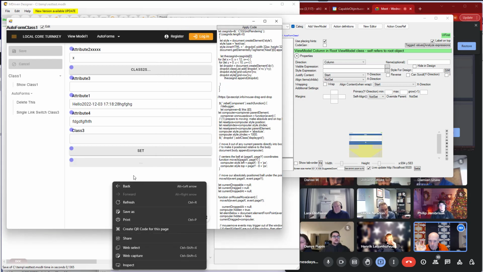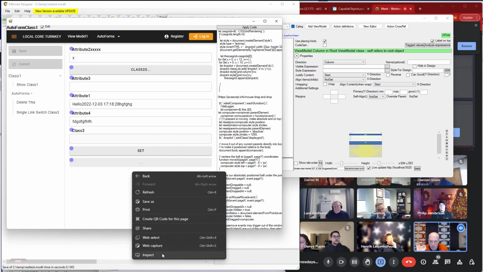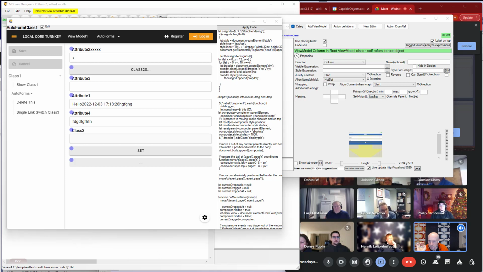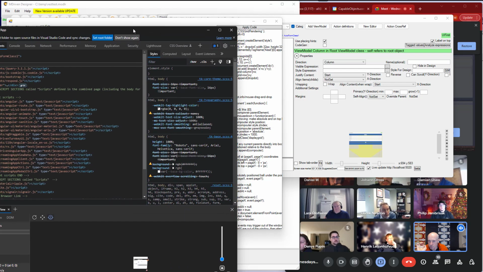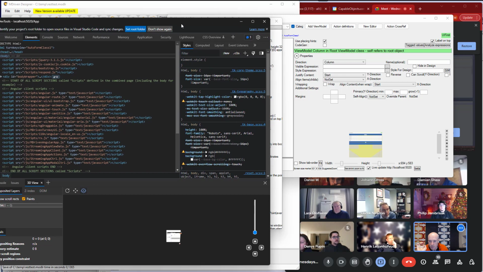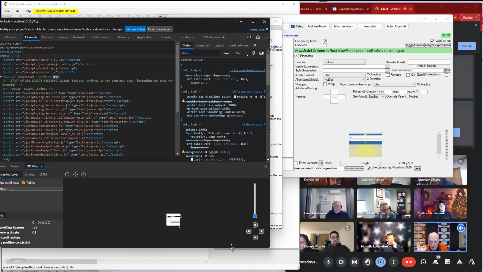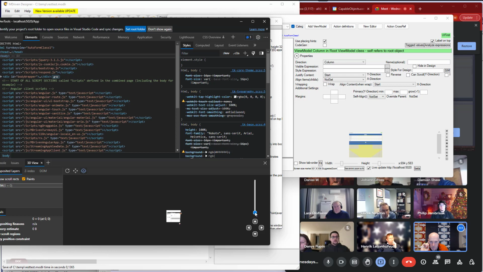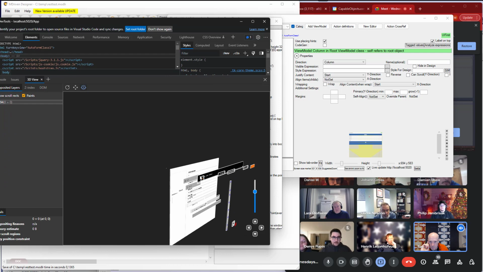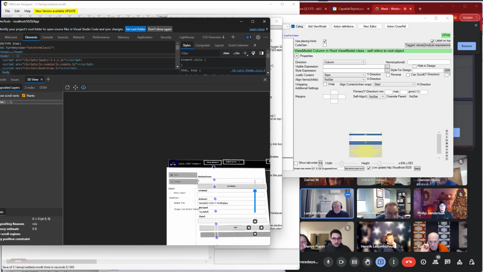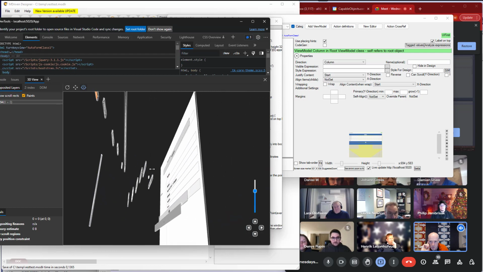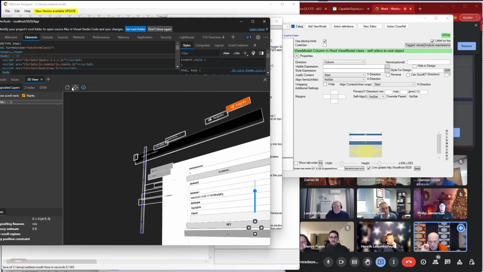But I hadn't seen this before. Maybe this is old news to you, but at least in the Microsoft implementation of the Chrome container, you have this 3D view of the web UI. Have you seen this? No. So now you can see the Z order of stuff. So you can zoom in, and once you know where things are, you can do things like